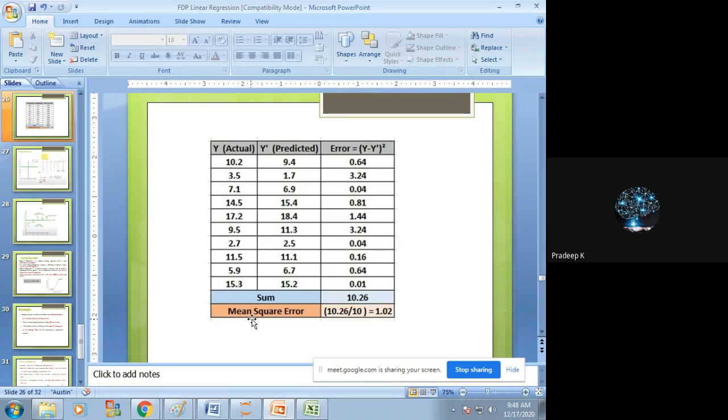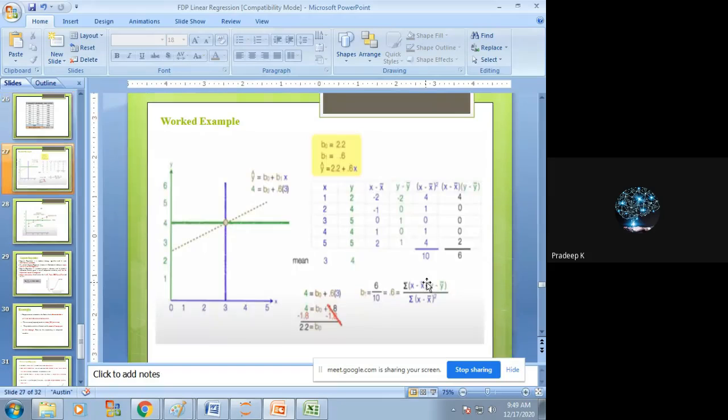We use various techniques to identify the errors. One of the techniques is mean squared error. It is the mean value of all the errors, the sum of all the errors, because we have different features. We get the outcomes, and the mean value is 1.02. This is the error value of this particular prediction. Now we'll see how to perform this linear regression